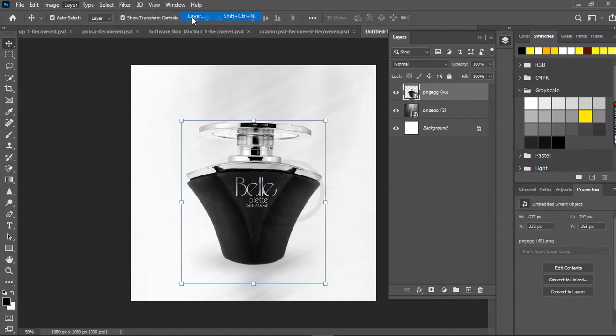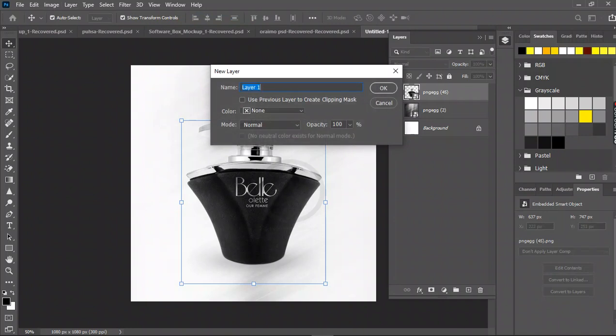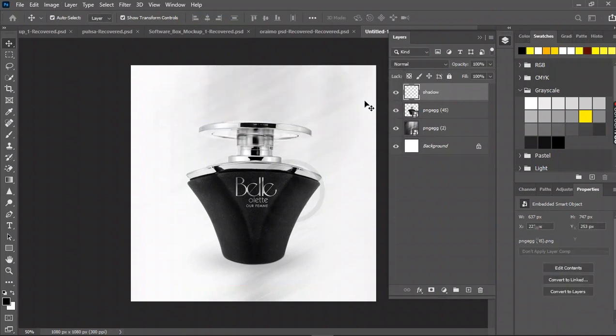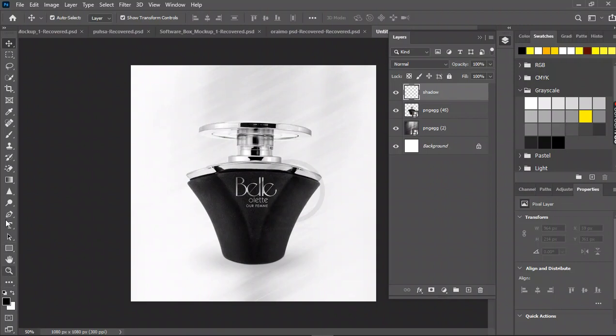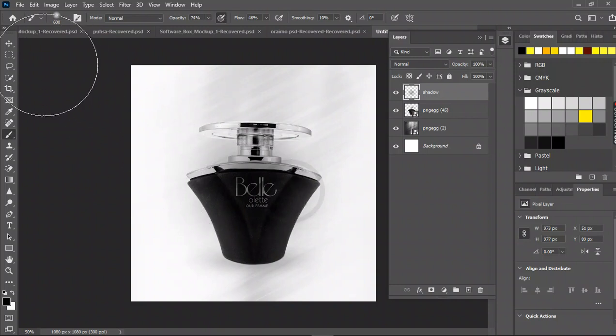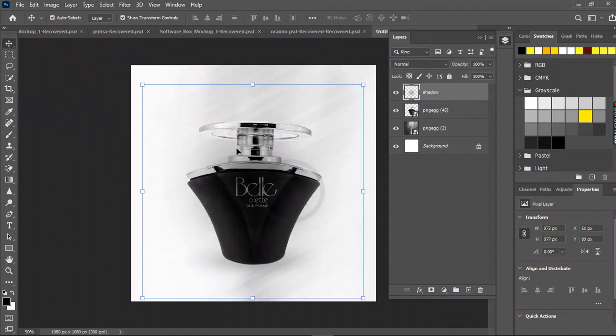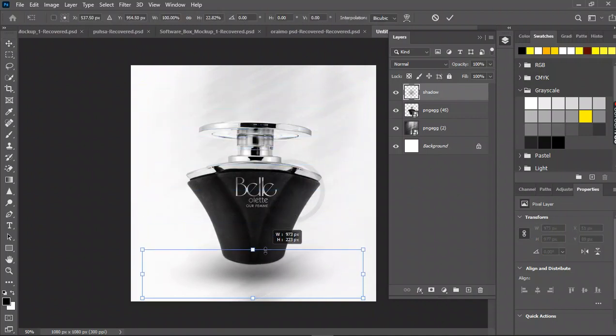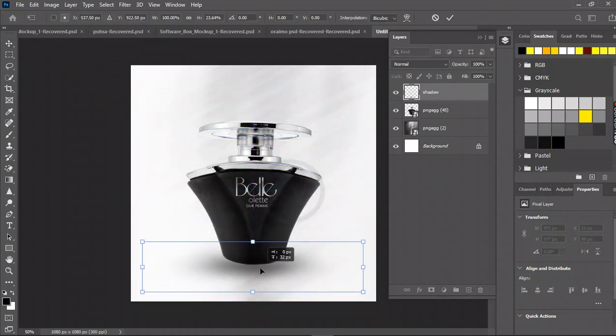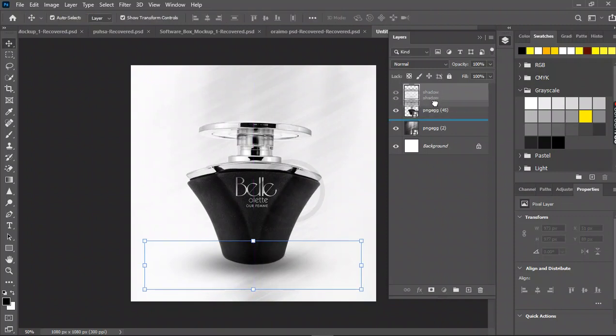Layer, new layer, shadow, click on brush. We already have the color black here, so let's use this maybe like this, like this. Okay, and then hold on shift and drag this down like this. Yes, this is awesome. Okay, so from there you put this shadow now, you take it down to the back